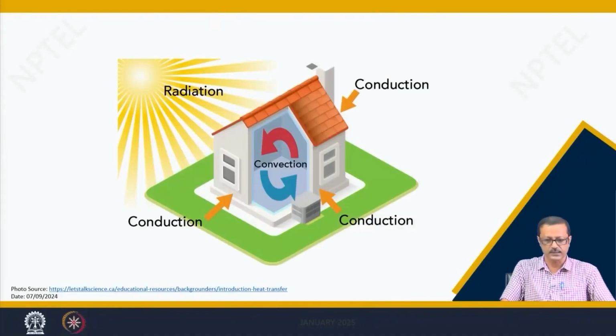So, now let us see. This is basically a conceptual picture: from all the envelope surfaces, which are the solid surfaces, conduction will take place, radiation will take place, and solar radiation comes through the window or any kind of glazing or skylight. From there the radiation can come in. The convection can come through a window or some kind of openings in the envelope. So, from there the convection, and then a lot of heat gain will be there